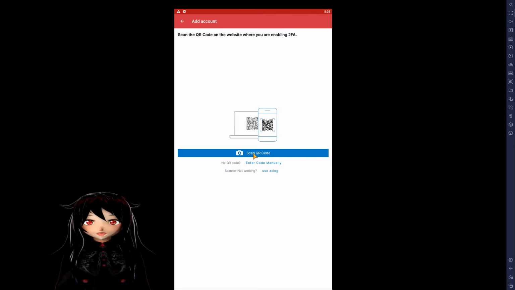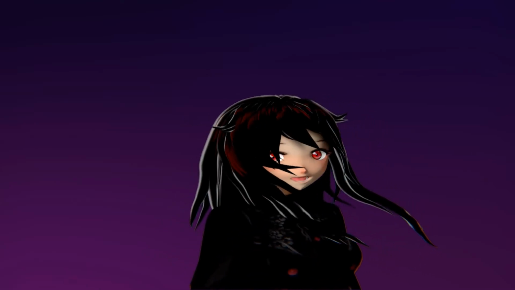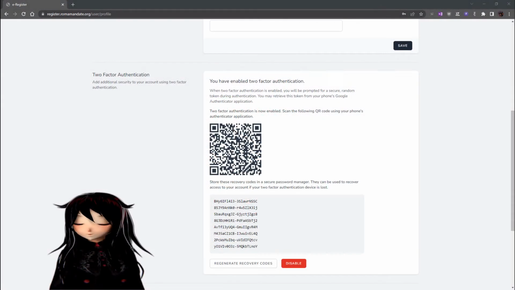In that pop-up, simply click Allow, which will bring you to a camera screen. And when the view on your telephone has turned into the view for your camera, as if you were taking a photograph, what you would do is, if I change back to the desktop web browser, you'll aim the camera at this two-dimensional code here